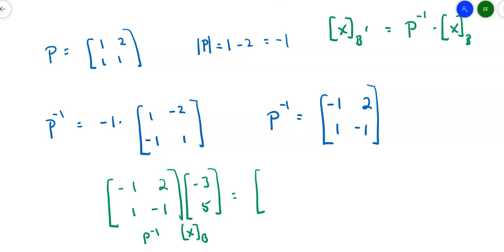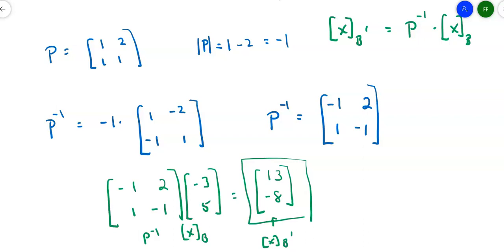So this gives me a 3 plus 10, which is 13. Down the bottom, I get -3 minus 5, -8. This is the coordinate matrix of x relative to b prime. That's the answer I'm looking for. All right, try it out. See if it works. Take 13 times my first vector, which was 1, 1, minus 8 times the second vector,